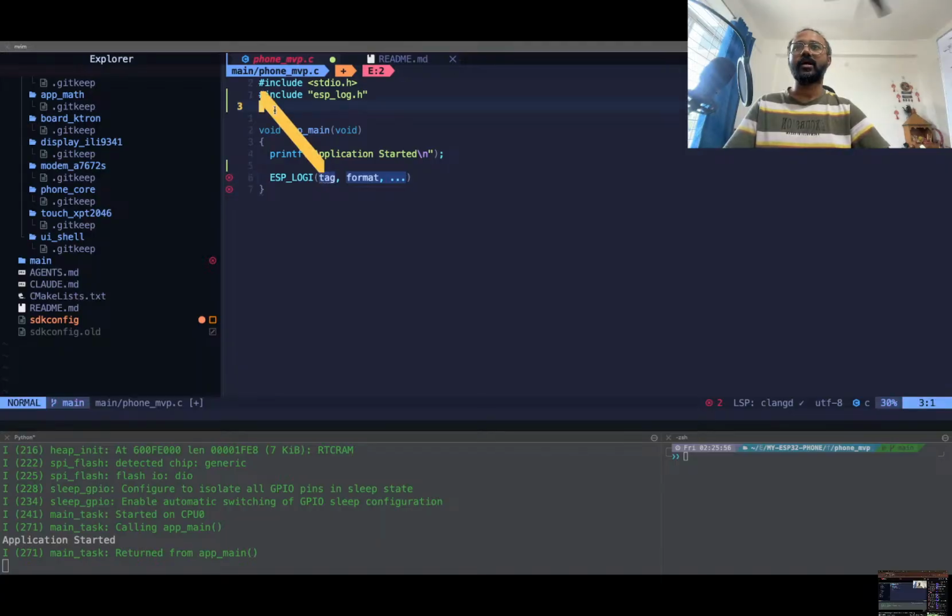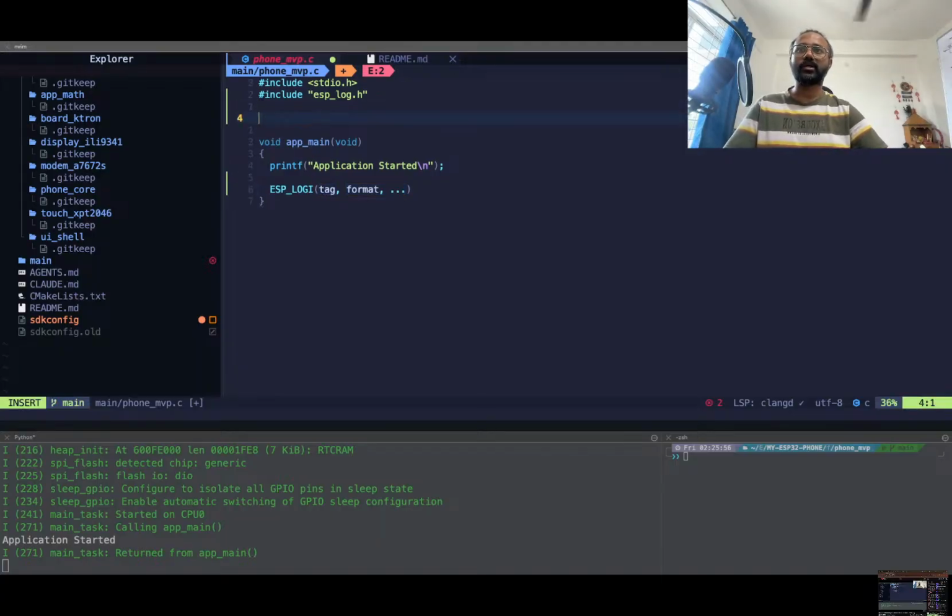Yep. And tag we can use something like this, where I can just define a tag by saying phone MVP. We'll call it this, or let's call it tag only. Tag is like,